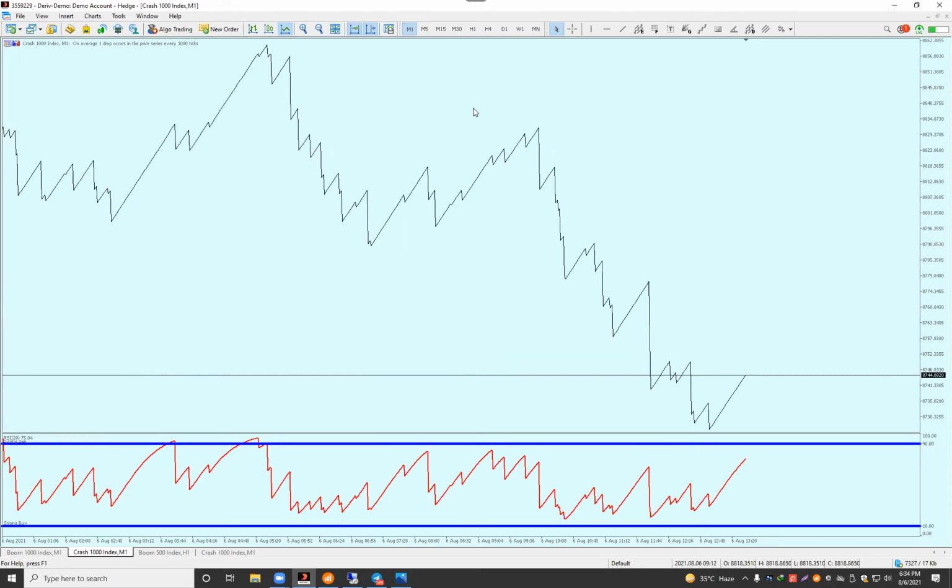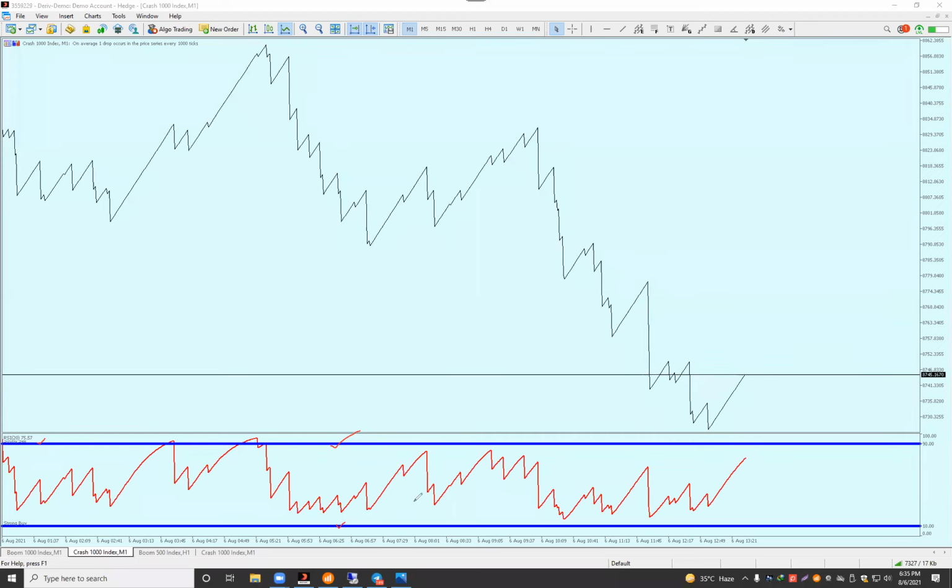And the oversold and overbought levels, you can set at 90 and 10 when you are using the 1 minute, only for the Boom 1000 and Crash 1000 pairs. But when you use Boom 500 and Crash 500, the levels 90 and 10 decrease to 80 and 20, right? But in the 1000, you can use the 90 and 10 levels. Now here,